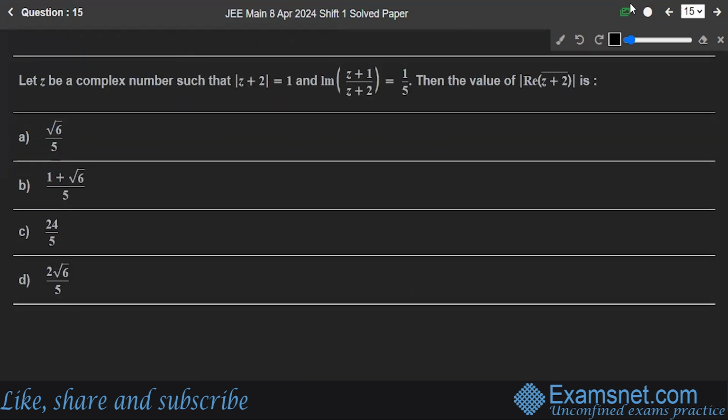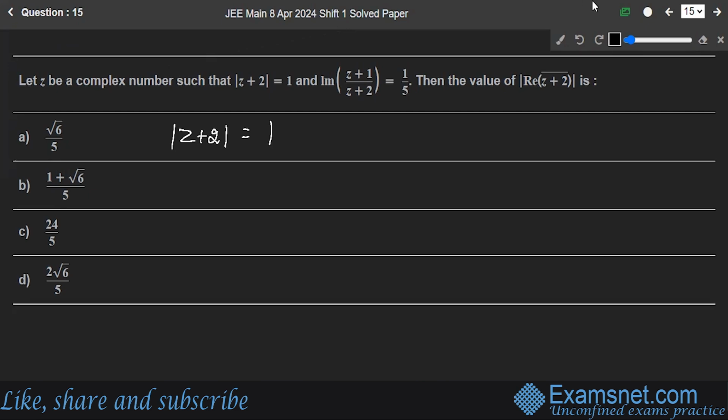Question number 15. Let Z be a complex number such that the modulus of Z plus 2 is equal to 1 and the imaginary part of this complex number is equal to 1 by 5. Then you have to find out this value. You are here having the modulus of Z plus 2. This is equal to 1. And